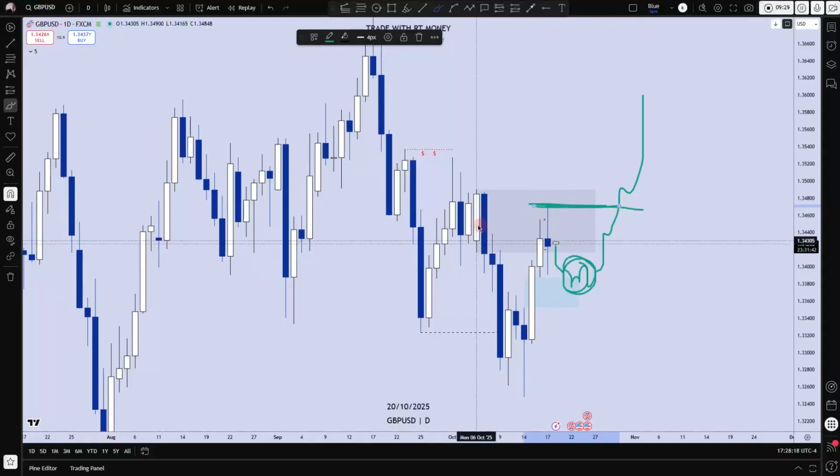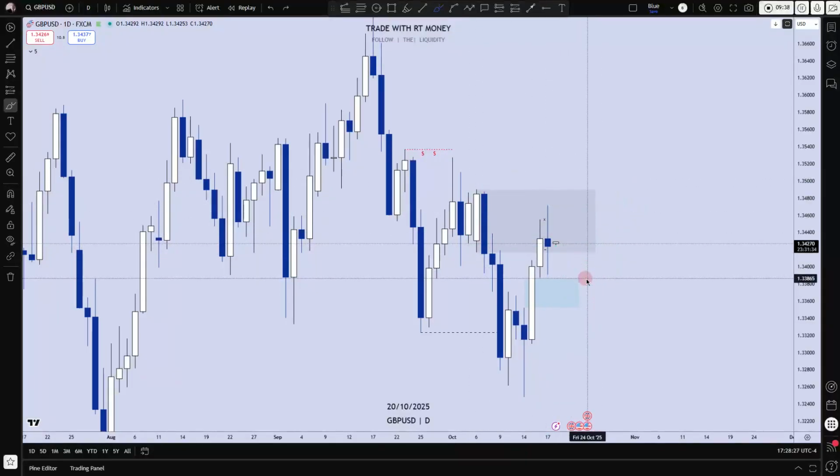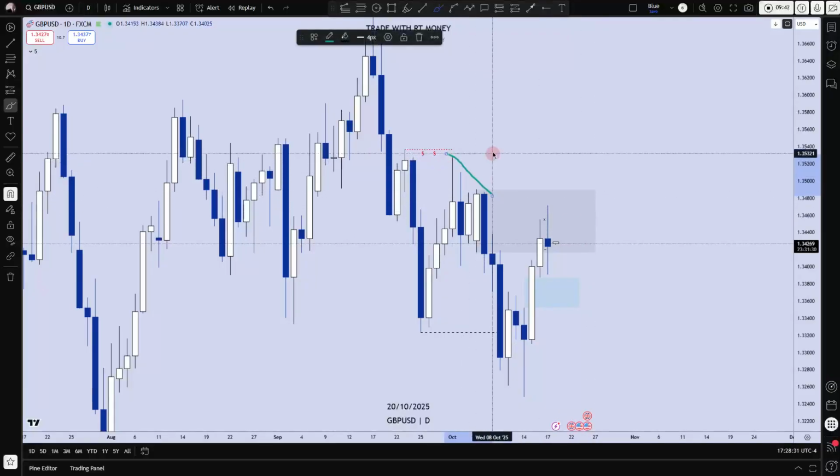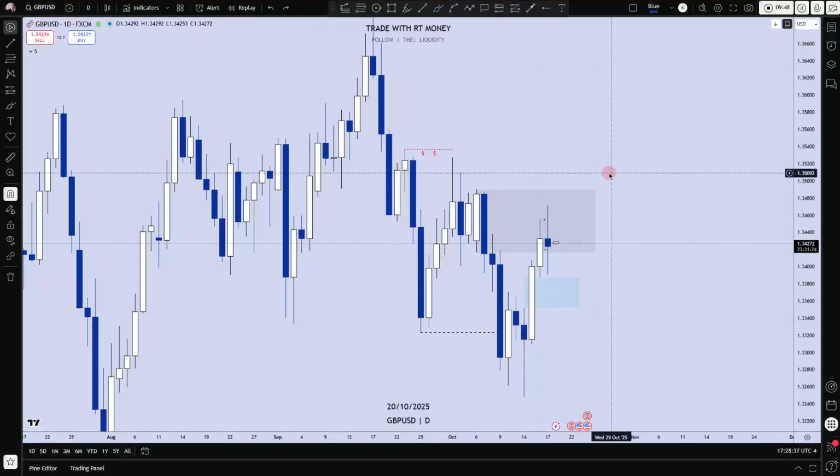Once it gets past the 50% of the supply zone, then I would think, yeah, price is probably going to come and take out these highs here and come up into the relative equal highs up there. But I'm looking for sells in this market. You understand? Lower low, lower high, lower low, lower high, lower low, and each time